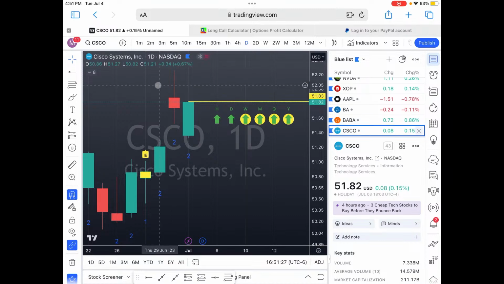Cisco Systems, full time frame to the upside. We had that 2 down that finished green. Does color matter? Yes, it tells us that buyers are in there. Could this continue to trend down? It sure could. But the probability, again, there's that word, probability, is telling me that this is going to trend back to the upside. Doesn't mean it will happen, but the probability is telling me that it's there for that to happen. So calls at